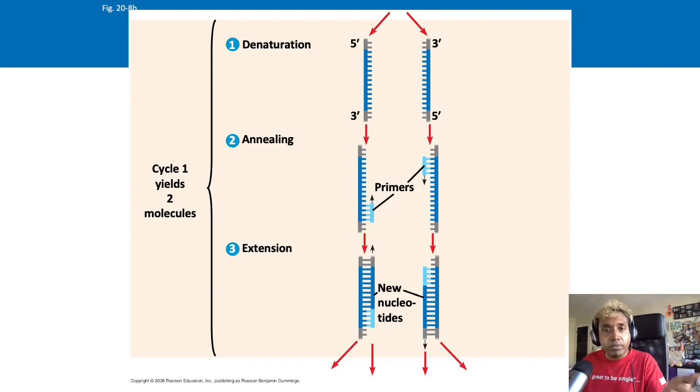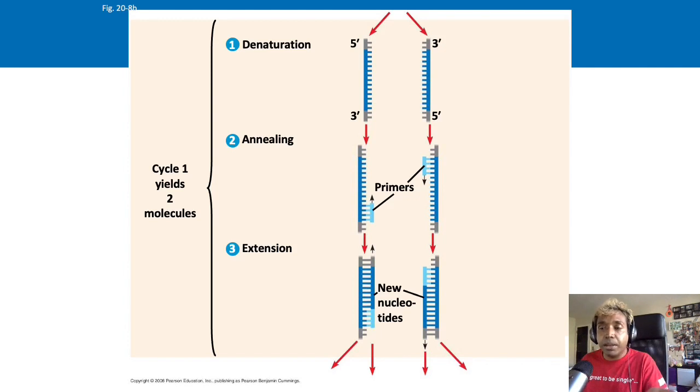It's not truly important for your knowledge right now, but that's really set in the lab that you do across multiple different parameters as well to optimize it. And finally, the extension would be mostly based on your polymerase that you're using, where most of the time the polymerase that we're using is